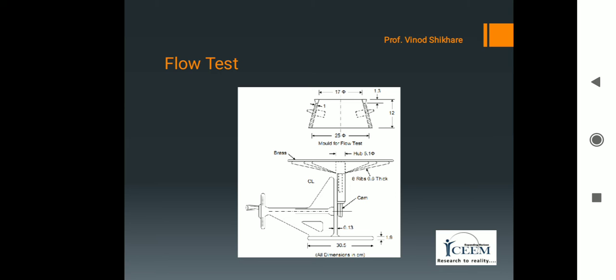The shape of the metallic mold used in this method is similar to that used for the slump test. To start with, the metallic mold is placed on the center of the flow table. The concrete mix is poured in the mold in layers, compacting each layer in the standard manner with a tamping rod. After striking off the concrete at the top, the mold is smoothly lifted vertically upward.